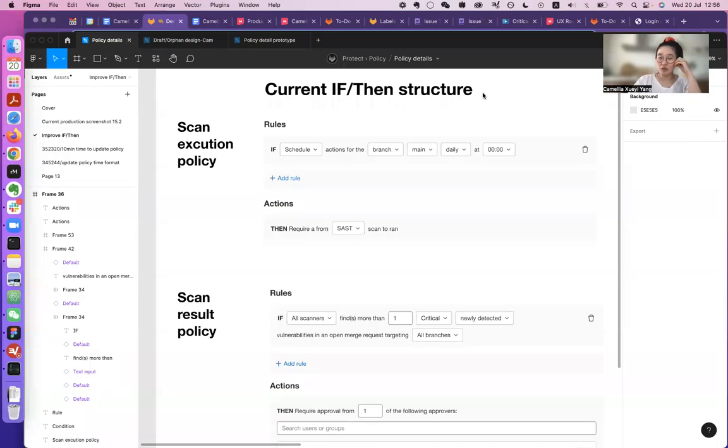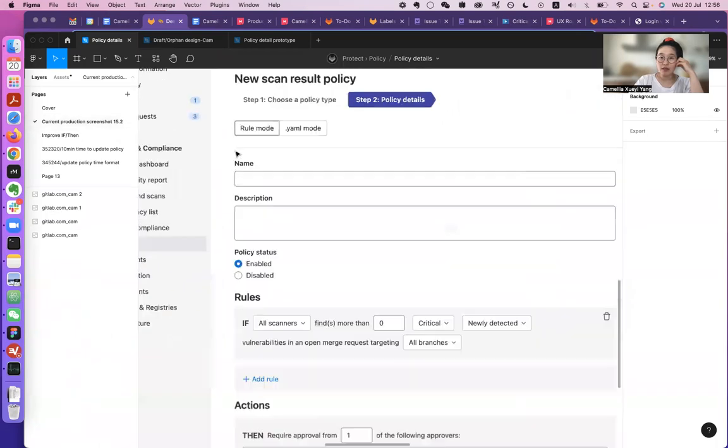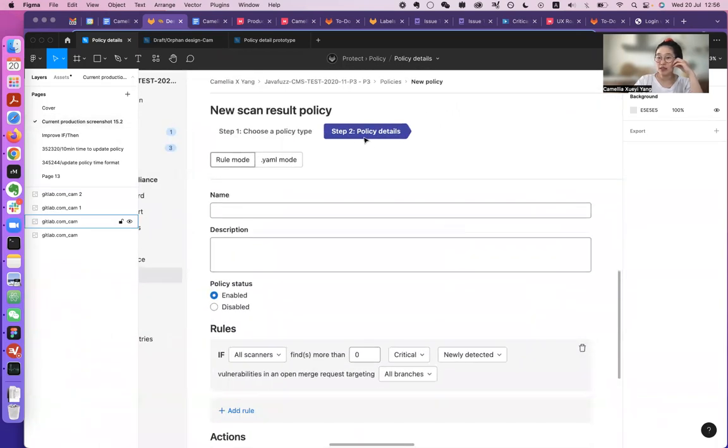Hi everyone, today I'm recording this video just to share my design and get some feedback from you. The design I'm sharing is about improving the current if-then structure for editing or creating a policy. If you remember, in creating a new policy or editing a policy, in step 2,